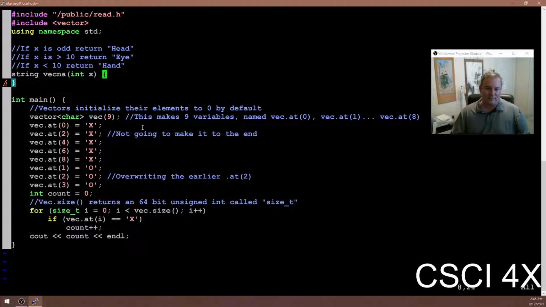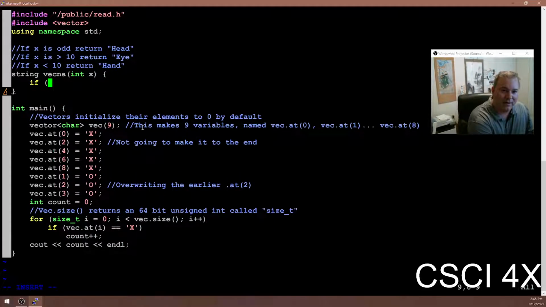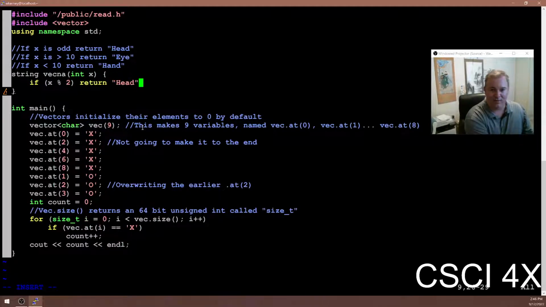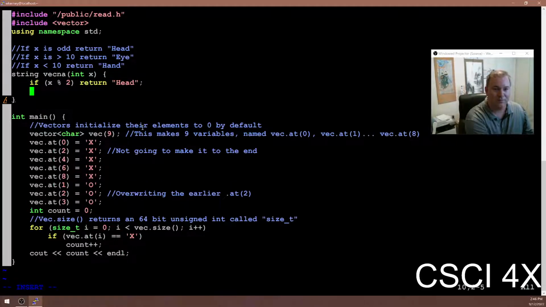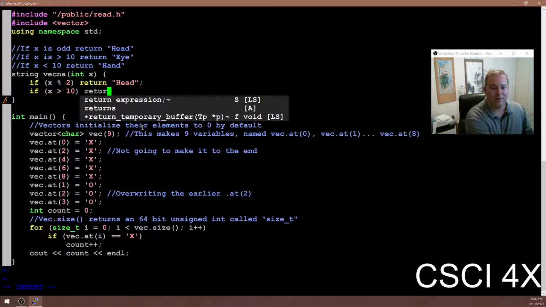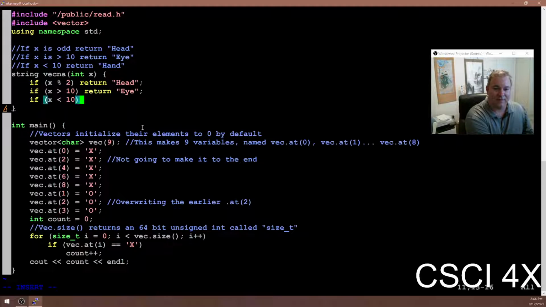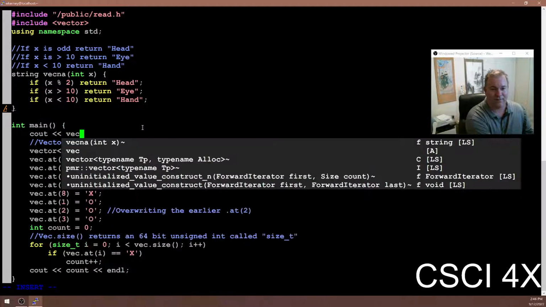Okay, so let's write this code. If x modulus 2 is equal to 1, another way we could say this, if x modulus 2, it will return head. If x is greater than 10, return eye. If x is less than 10, return hand. Okay. And so if we were to cout Vecna of 21,